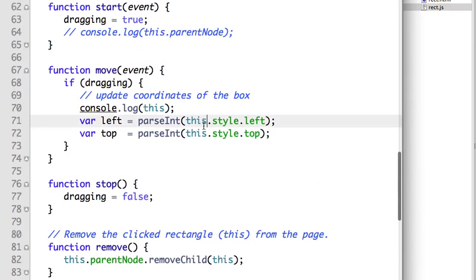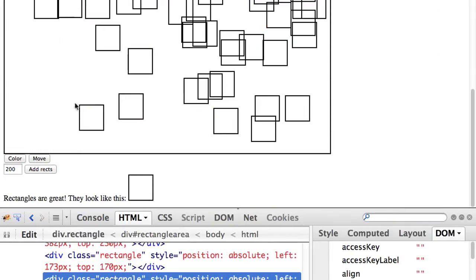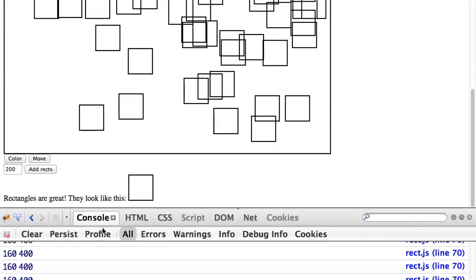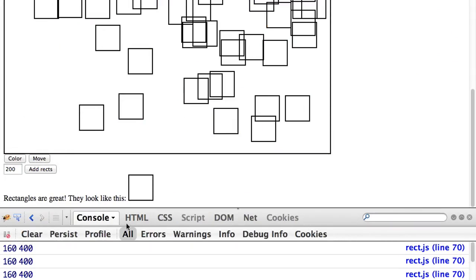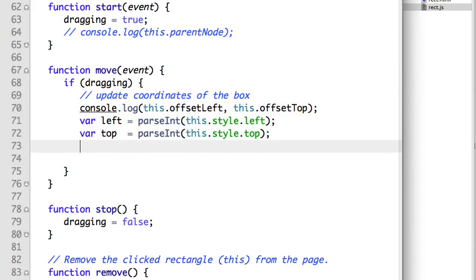Let's do this dot offset left, this dot offset top. Okay, so those are its existing coordinates, and we will need to make use of those. We'll need to calculate the difference between the existing coordinates and the new coordinates. So what we can do is we can say, so these are the current left and current top. What we want to do is make them into